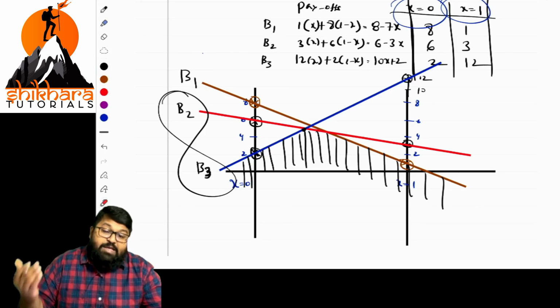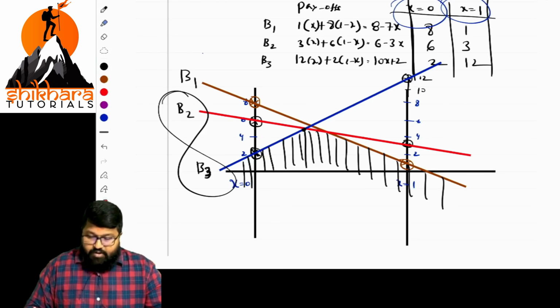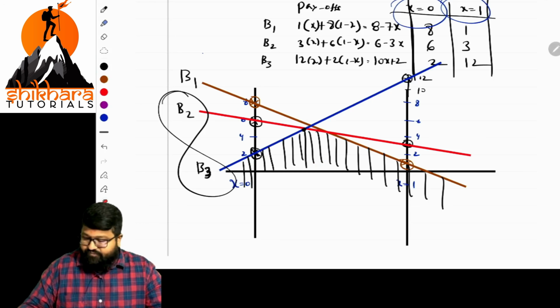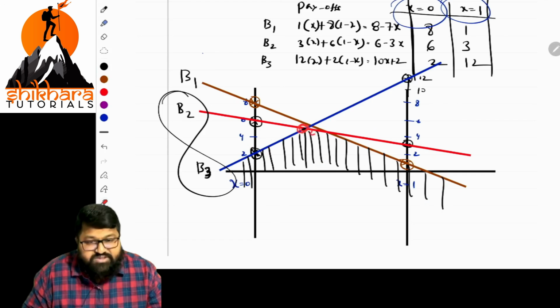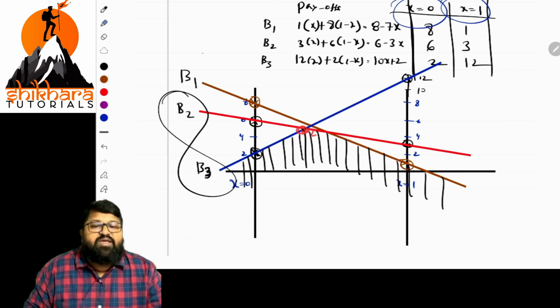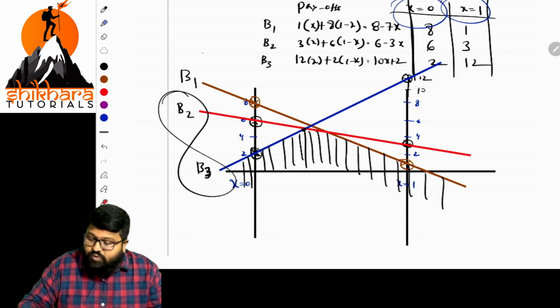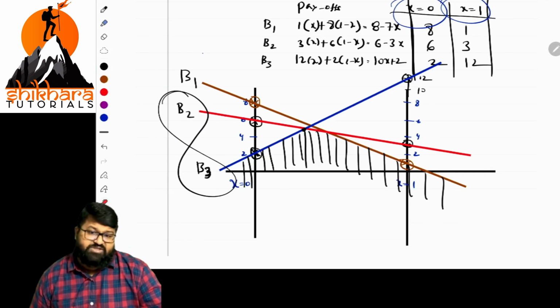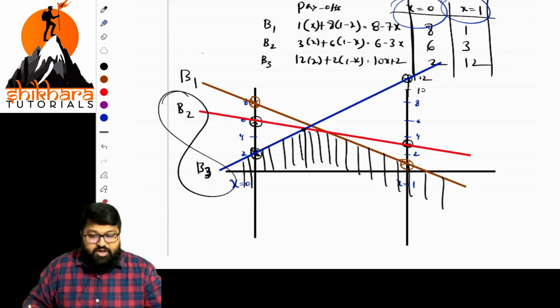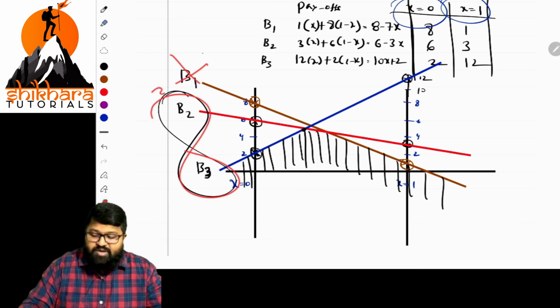Maximum among the minimum values basically. So minimum value will be lower. So we mentioned, sir, these are the minimum values we are having. Of this, what is the maximum value? This point of intersection. Here, what are the lines intersecting there? Two lines. What are those two lines? B2 and B3. As they are intersecting, that point gives the most important information that these two lines should continue. That is B2 and B3 should continue, and we should eliminate B1.